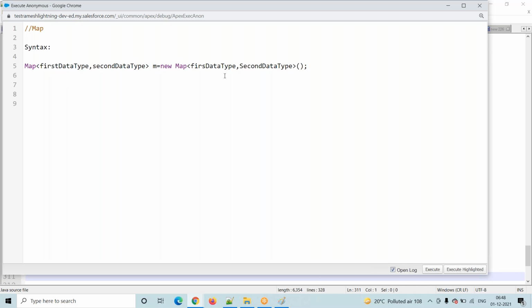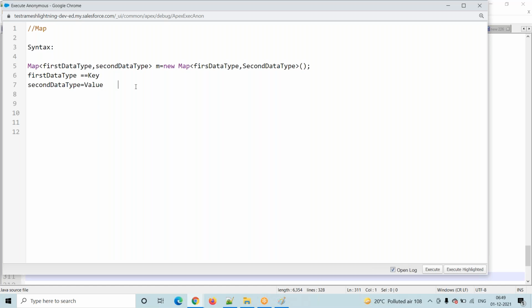The first data type we call a key. The second data type we call the associated value, the value which is associated with that particular key.